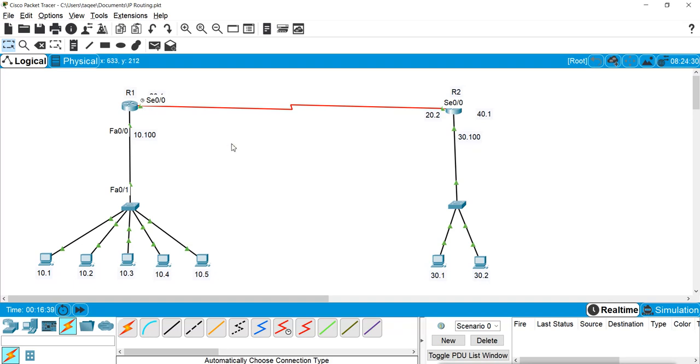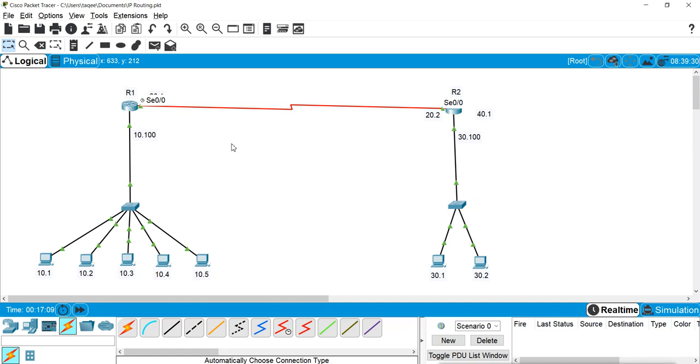So we have to configure properly where and when the translation will be done, that means in which interface data goes in and which interface data goes out. That is the same as applying the access list.